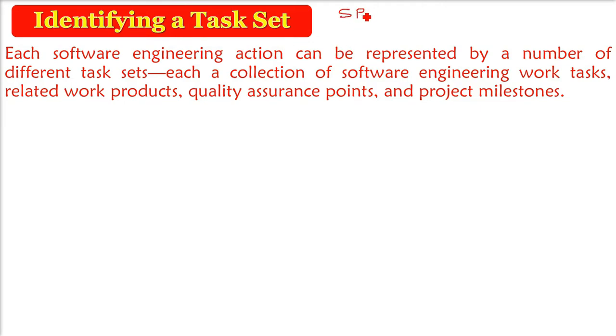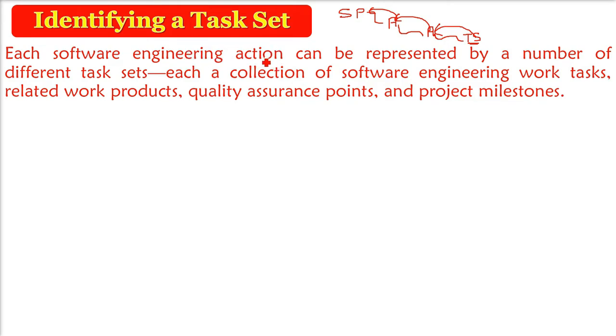So when we were discussing software process, we knew that in software process there are a number of activities, and in these activities we have to perform certain actions, and these actions will consist of a certain task set. That is the actual work, where the actual deliverable will be. So you can backtrack: the task set will be done, so the action will be done, so the activities will be completed, all activities will be completed, so the software process will complete.